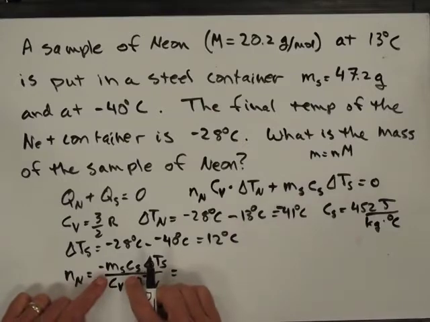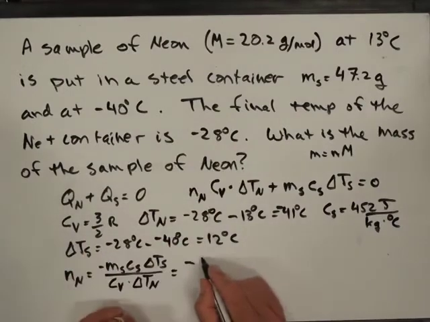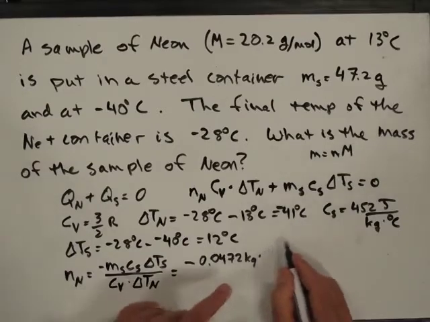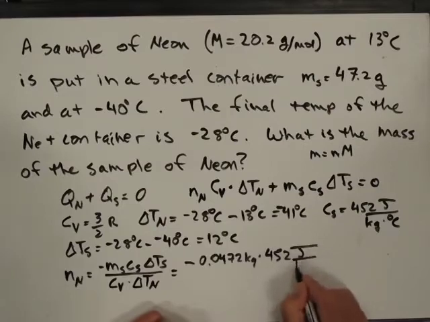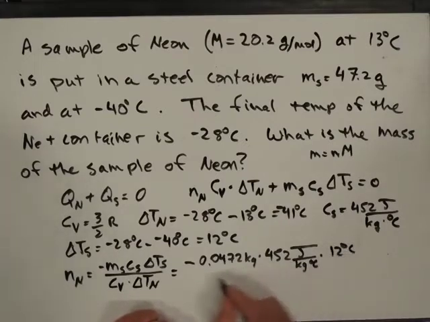I can start plugging in, because I want the number of moles. So it's negative the mass of the steel, 0.0472 kilograms, times the specific heat capacity for the steel, 452 joules per kilogram degrees C, times the change in temperature for the steel, 12 degrees C, all over